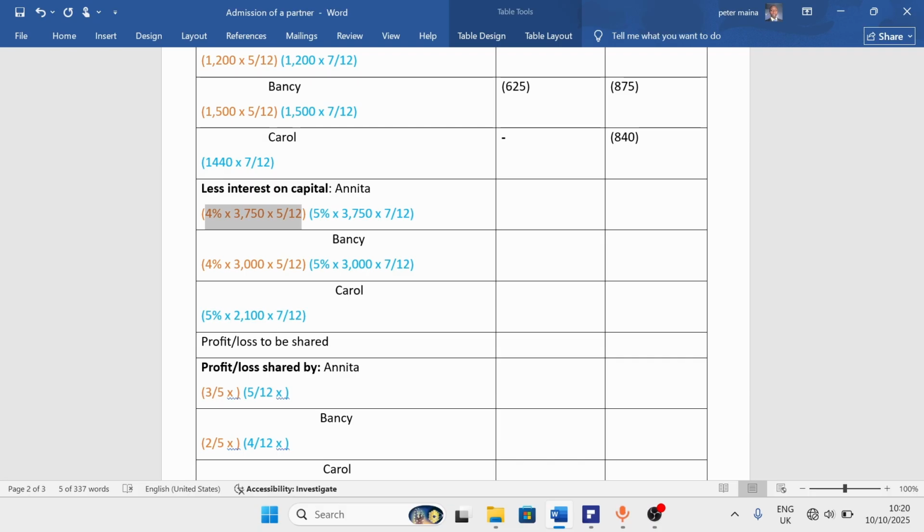So 4% multiplied by 3750, then you multiply by 5, divide by 12. That is giving us 62.5. And then for the next period,